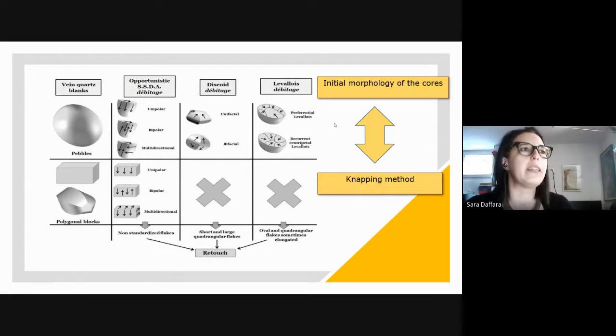So what seems clear from the technological study of the lithic assemblage of the Ciota Ciara Cave is the strict correlation between the initial morphology of the core and the choice of the knapping method. What does it mean? For example, vein quartz was available in secondary deposit as rounded pebbles or as polygonal blocks. The rounded pebbles were used for different reduction strategies: Levallois in the recurrent centripetal and preferential modalities, discoid, and opportunistic debitage, while the vein quartz polygonal blocks were used exclusively for opportunistic exploitation. No discoid and no Levallois debitage are used on this kind of